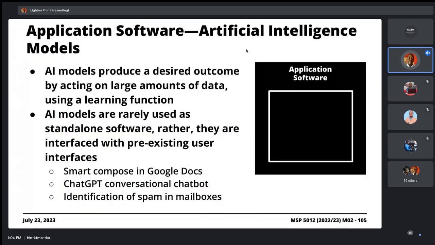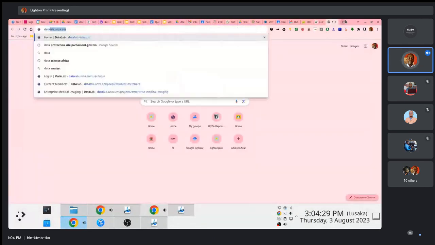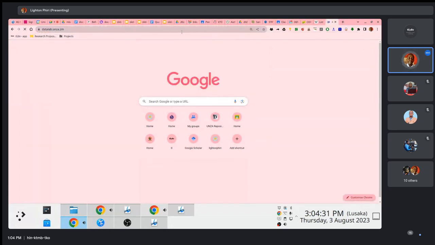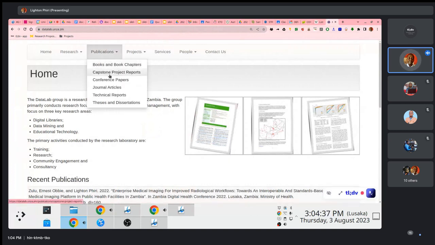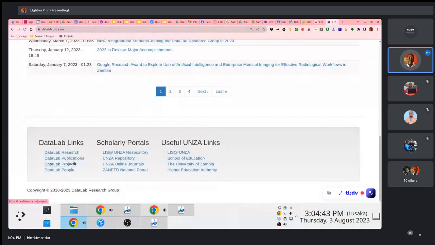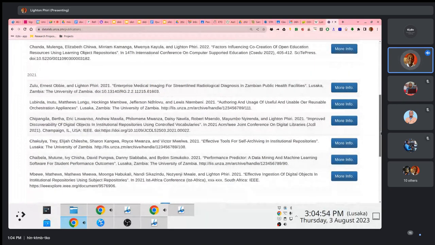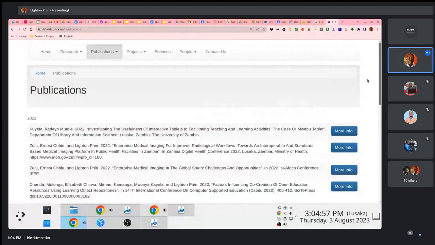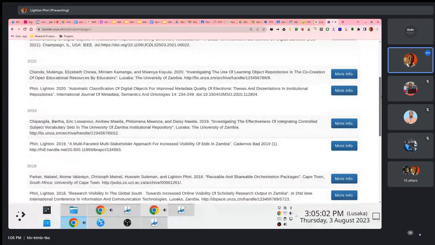Incidentally, I must say this, we do quite a bit of this with the students I work with. If you go to our research group website and you go to publications, you'll notice that we've published work to do with machine learning and a bit of AI. Suffice to say that our focus has largely been on documents; we work with a lot of documents. So for specific examples of work we've done, in case you're interested, you want to look at, I guess it's 2021, I don't know, is it 2019?